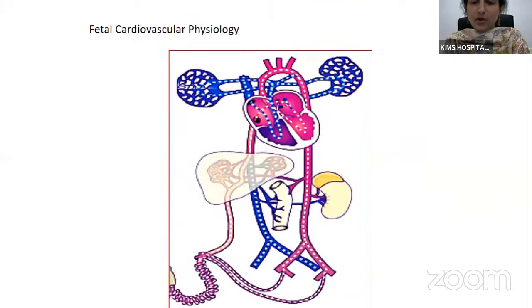So fetus derives its oxygen from the placenta, and the oxygen content in the placenta is almost 80 mm of mercury. The blood flow from the placenta goes into the umbilical vein, then it goes into the ductus venosus, from where it passes into the right atrium. And since the foramen ovale is open, 90% of the blood is shunted to the left atrium, from where it